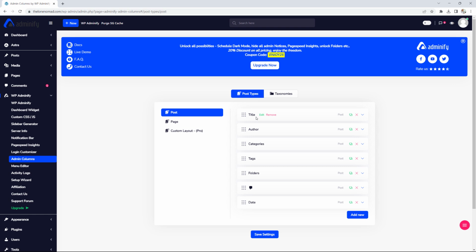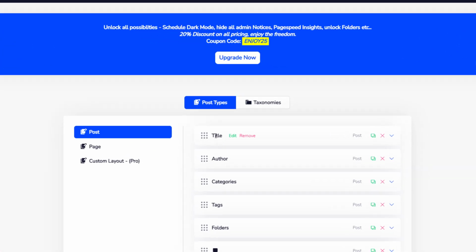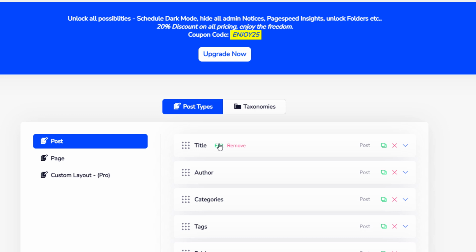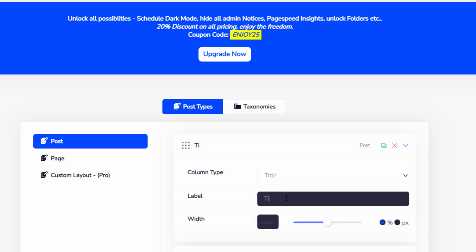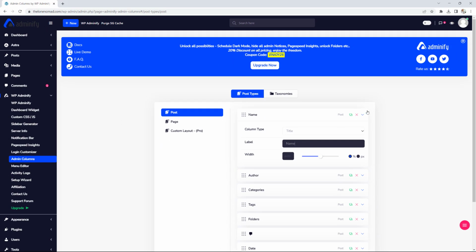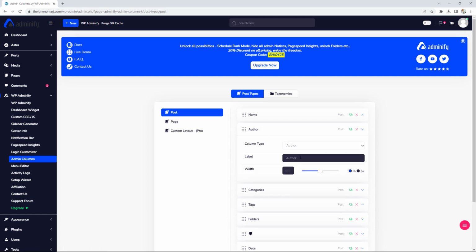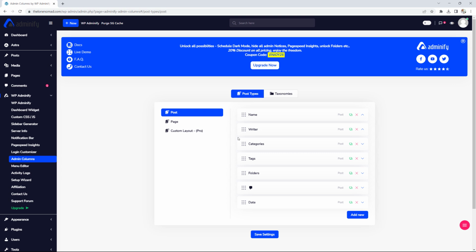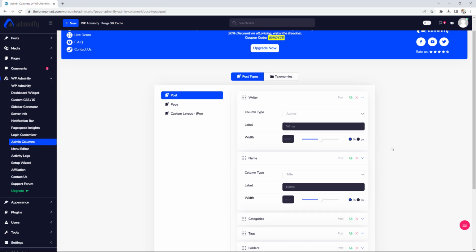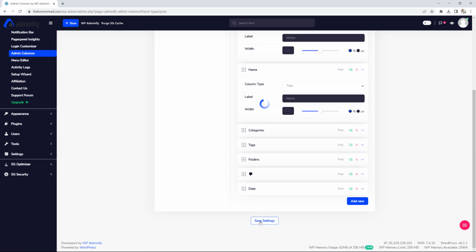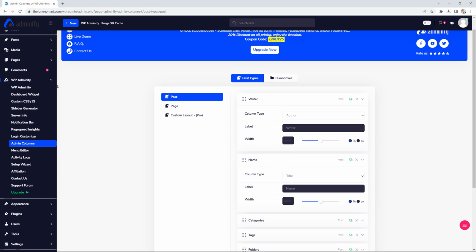Okay, the first thing I'll do is change the name from title to name. So I'm going to click on edit right here, and let's change title to name. So instead of title of the post, it's going to be name of the post. Okay, and then I can change author to, let's say, writer as an example. All right, so writer, and there it is. And then finally I am going to change the order, so we have writer coming in first before name. I'm going to come down here, save my settings,